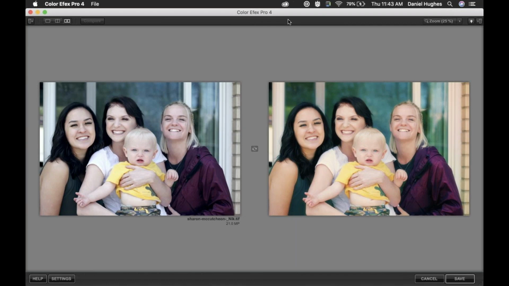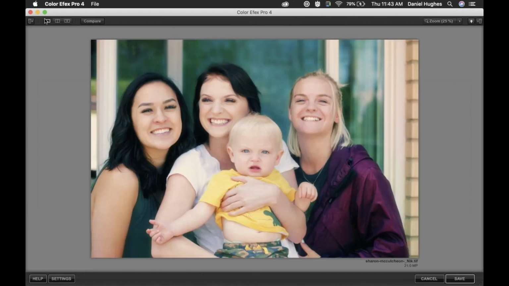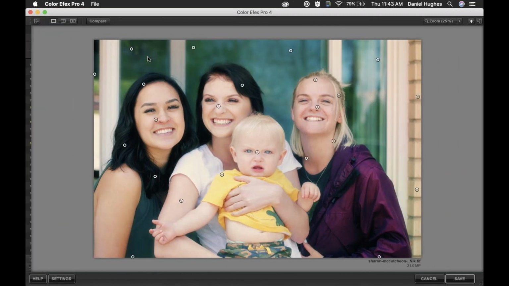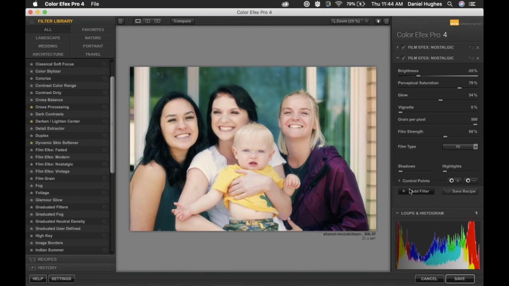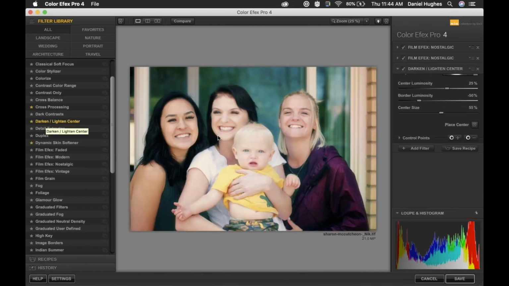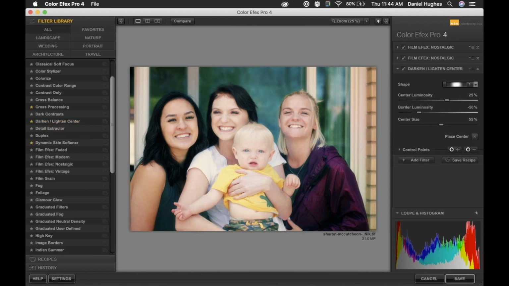The last thing that I want to do is, again, direct your eye as the viewer towards the center or towards our subject. And the quickest way to do that, and in my mind, one of the most beautiful ways, is to use the darken, lighten, center filter. And this is the filter that I do use on all sorts of photographs that I'm trying to direct the viewer towards the center or towards a particular area in an image, because it creates this kind of sleight of eye trick. So what it wants to do is darken the border of the image and lighten the center